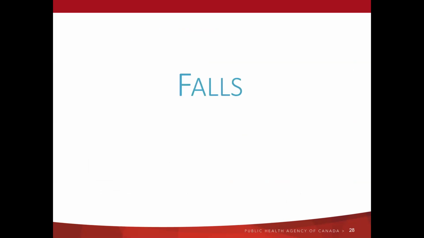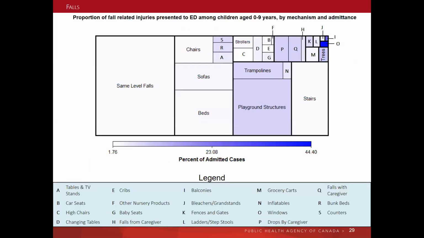Moving on to falls, and leaving other types of injuries behind, we'll begin by introducing the tile chart, and we'll look into the different mechanisms that we auto-coded in relation to percent admittance. So the tile graph illustrates the proportion of fall-related injuries by mechanism. The large tiles indicated by the bolded red lines enclose a group of mechanisms by an overarching category, such as furniture in this instance, and you can see recreational activities over here,